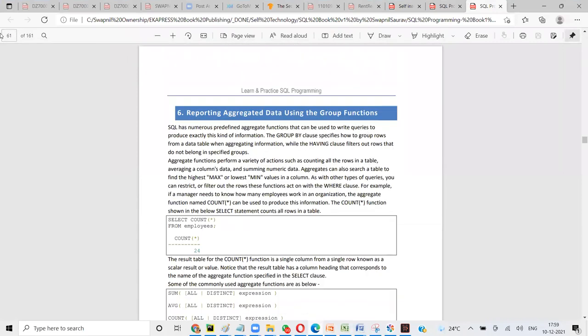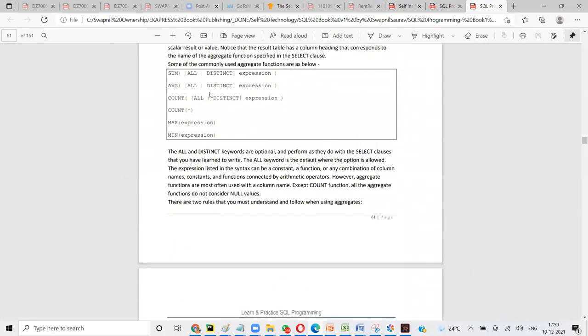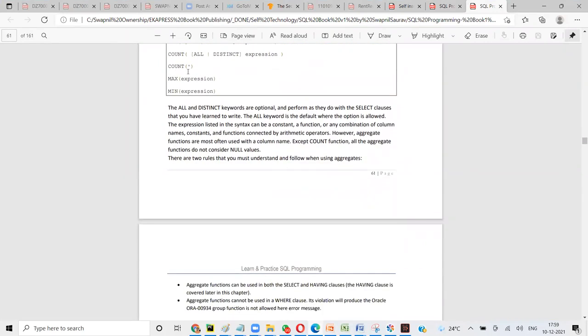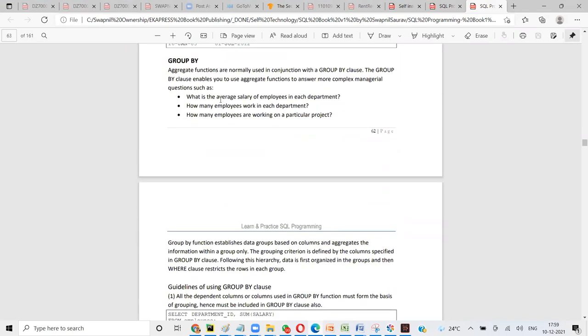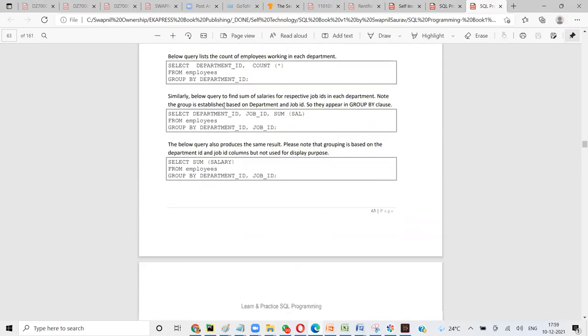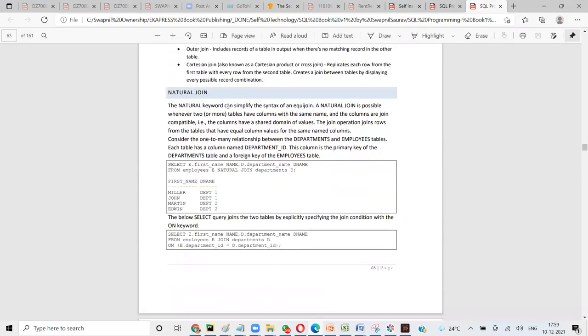Yes, sir. Okay. So select count, max, mean, count, total. I think we have done this. Group by, yep, we have done this. So we have to learn how to draw from multiple tables. Let's start this discussion. Let's spend another 10 minutes and we'll talk about it.